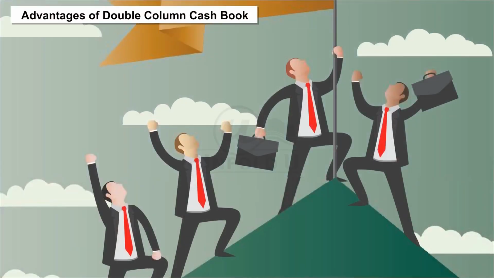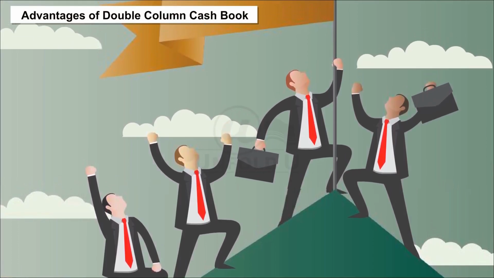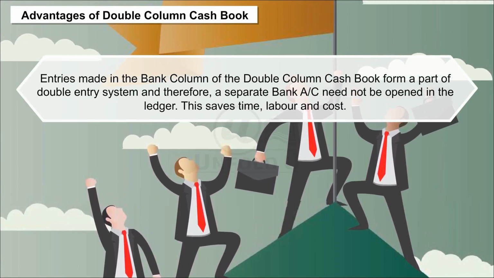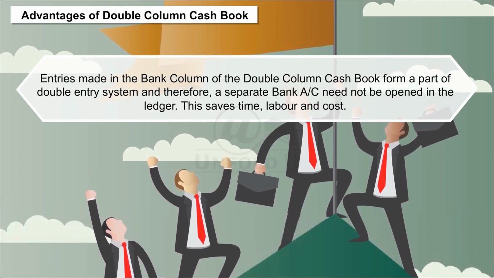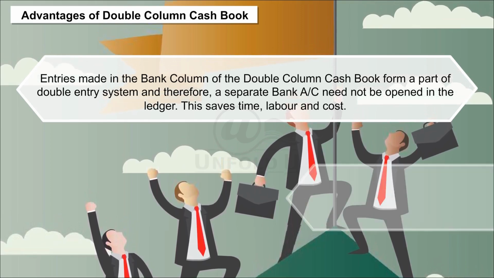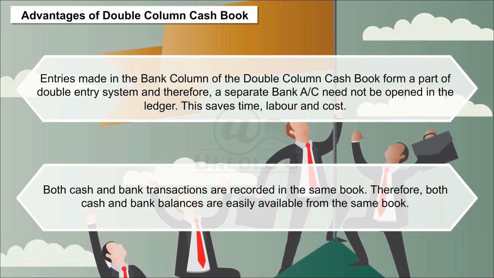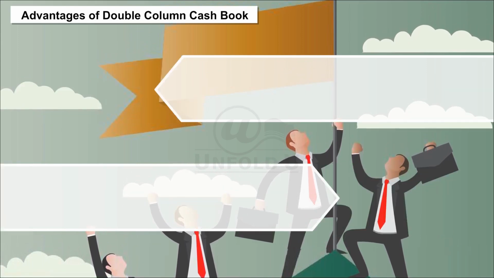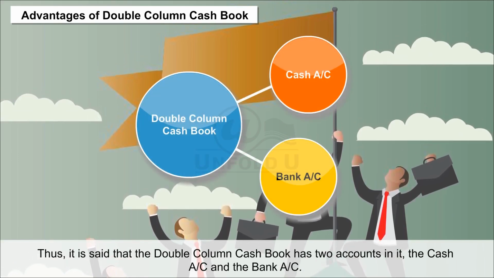Advantages of double column cash book. The following are advantages of a double column cash book. 1. Entries made in the columns of the double column cash book form a part of the double entry system, and therefore a separate bank account need not be opened in the ledger. This saves time, labor and cost. 2. Both cash and bank transactions are recorded in the same book. Therefore, both cash and bank balances are easily available from the same book. Thus, it is said that the double column cash book has two accounts in it, the cash account and the